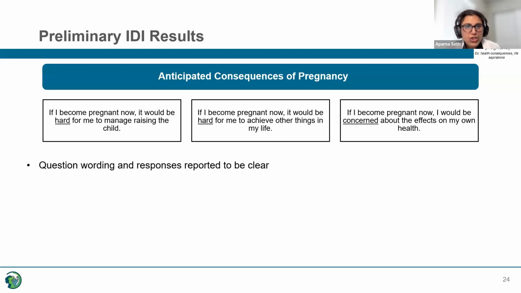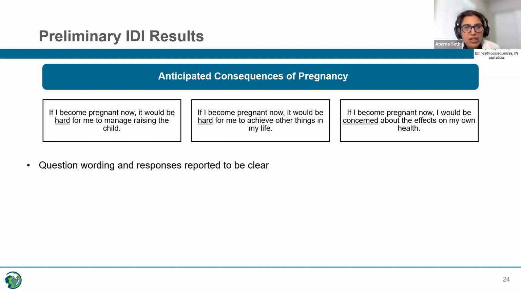Our fourth construct around consequences of pregnancy was the one where there was no feedback in terms of changing the question or the response options, and our participants mentioned that these were clear and important to be included.